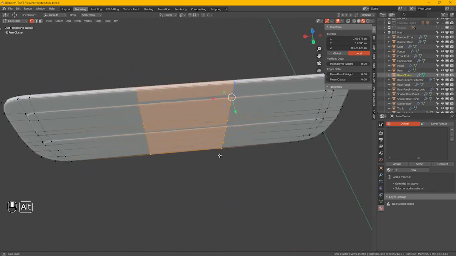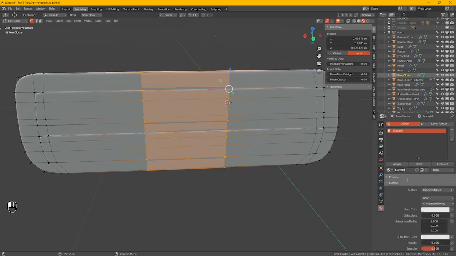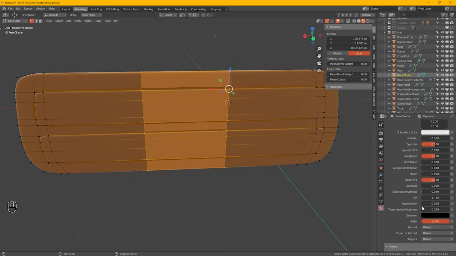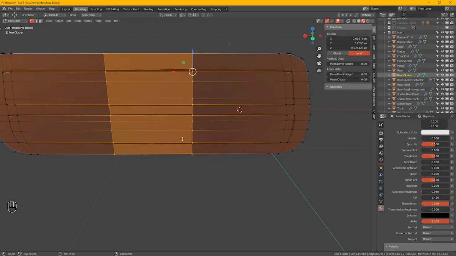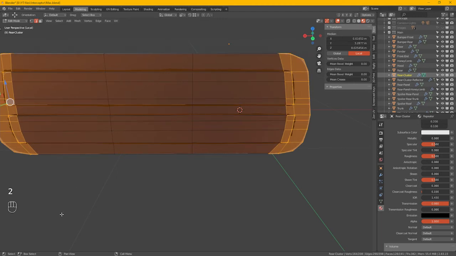Nice easy fix though. So highlight these, create new material, click on the plus, then create new material, give it a name. Let's call this repeater. This one's the orange one. Scroll down, transmission, we'll just give it a 0.98. Then do a Control I, invert, then a Control plus. Oh no, cannot. Right, do a 2, highlight these two,